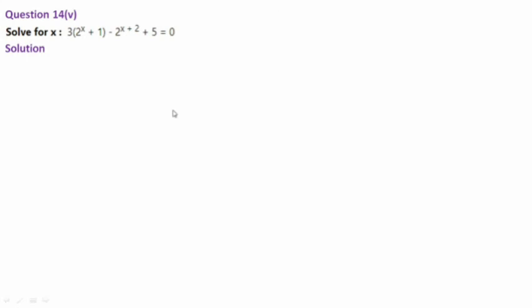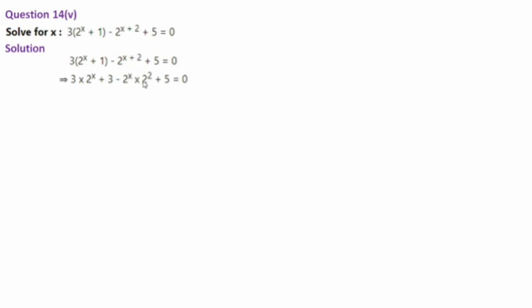Okay, so let's have the last question for the day, and with this we close by giving a few homework. Okay, so here we need to solve this. So before that, let's get rid of this bracket. So let's multiply with 3. So you get 3 into 2 to the power x is 3 into 2 to the power x plus 3 into 1 is 3. So you have minus, now 2 to the power x plus 2 can be written as